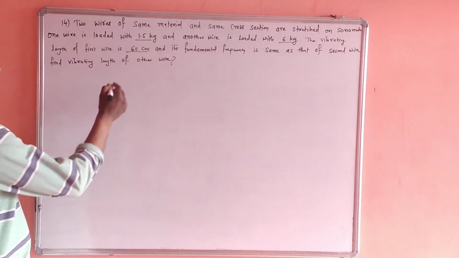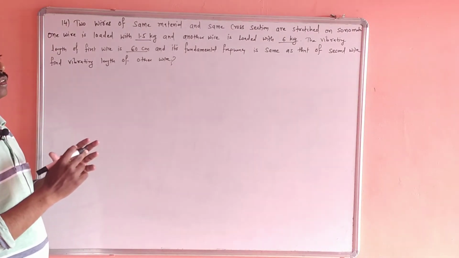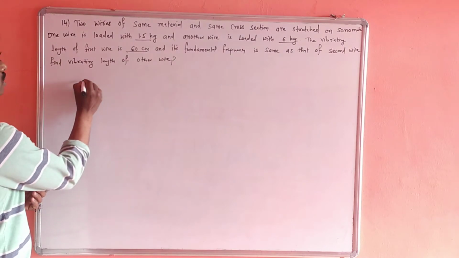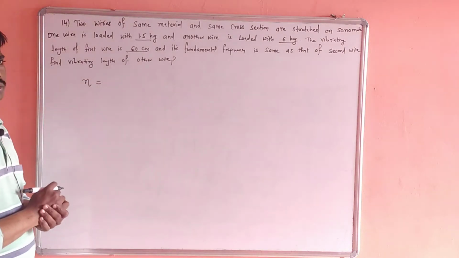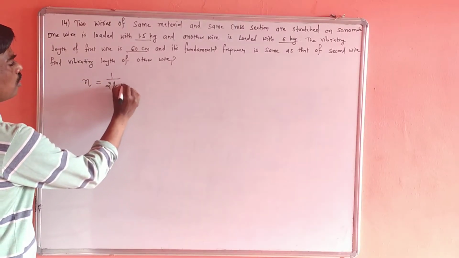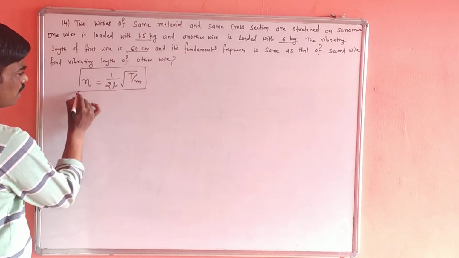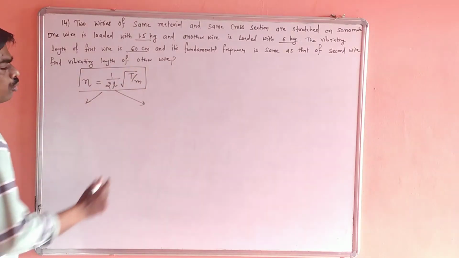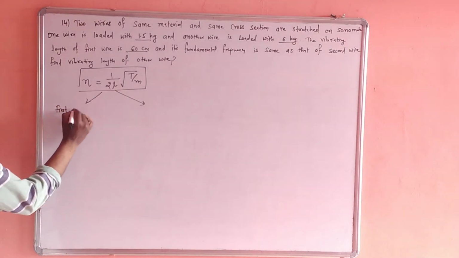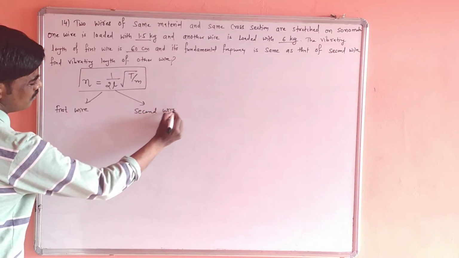So there is a comparison of two wires and both wires are sonometer wires, and we know that the frequency of vibration of stretched string in sonometer experiment is given by the formula 1 upon twice L under root T by M. So this formula is applicable now for two wires. So I will collect here data for first wire and second wire.